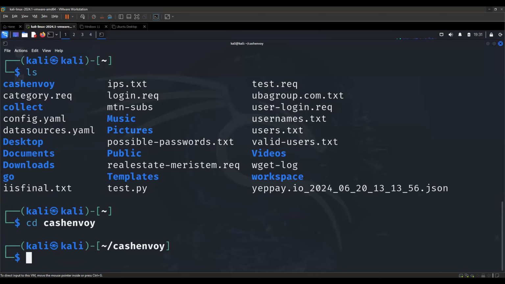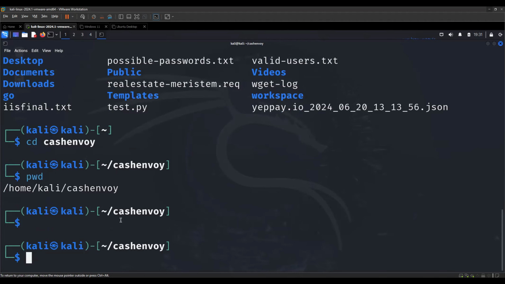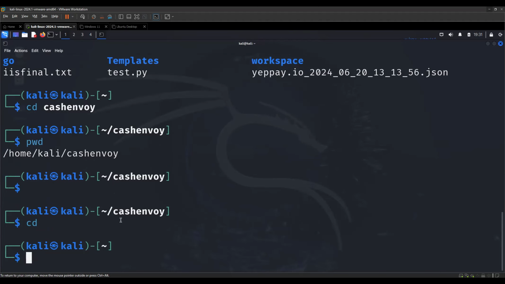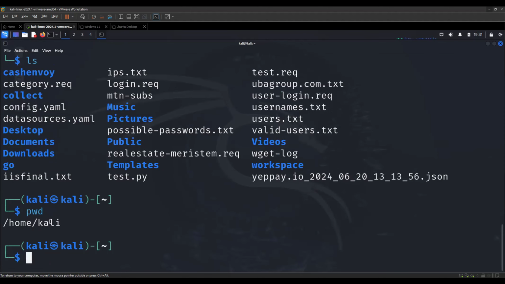The other way we can also confirm is by doing the pwd command again. We know that pwd will give us our current working directory. If I do pwd here, I can see that I'm now in cache envoy. If I go back a bit, let me just go back. Cd. So if I do ls, I have all this. If I do pwd here, I'm still in my home folder, right? But immediately I change to cache envoy,